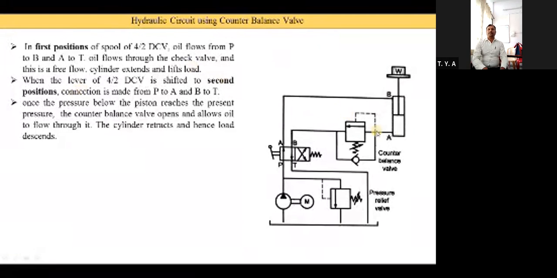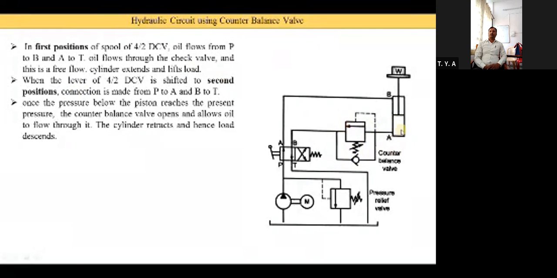Suppose here we say the counterbalance valve pressure is 8 bar, and the oil pressure below the piston is 8 bar, meaning it has reached the preset value of the counterbalance valve. We set the counterbalance valve at 8 bar and when 8 bar pressure is achieved below the piston, the oil has reached the preset value. At that time the counterbalance valve is open.